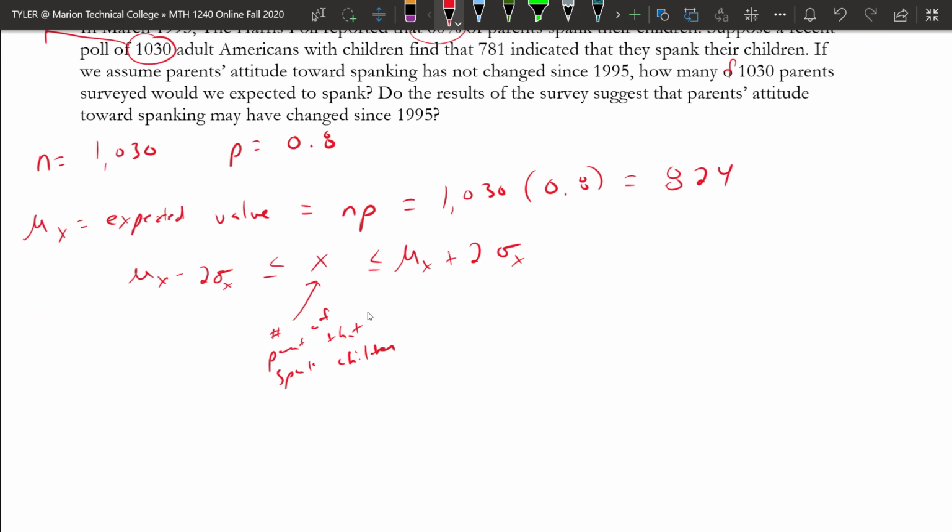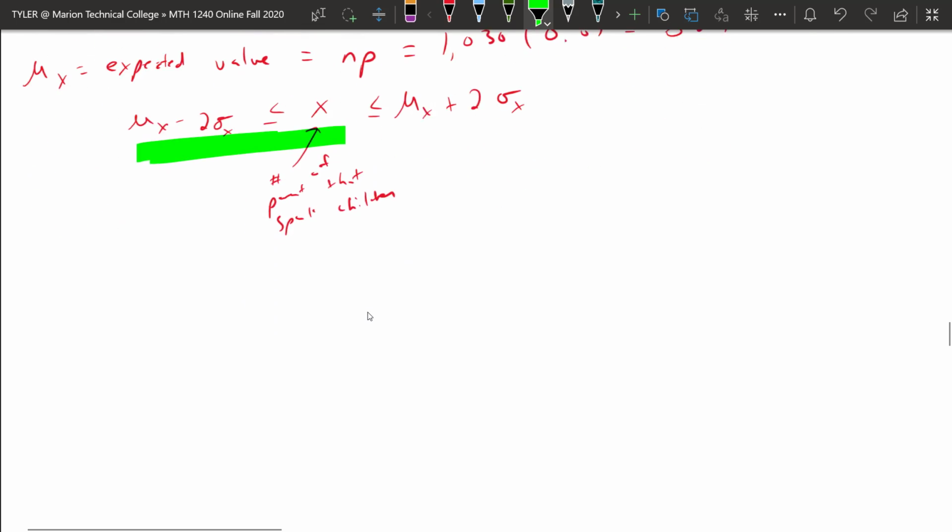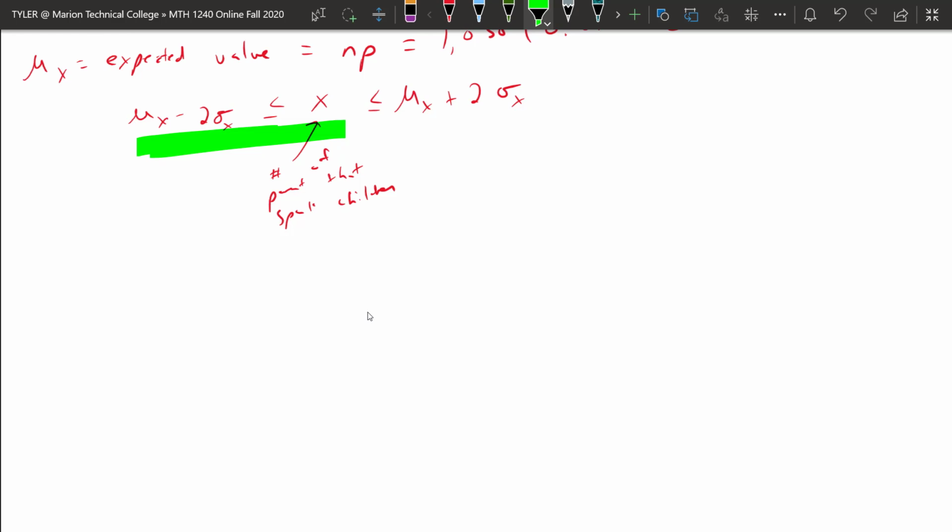So what we're given though is that in the survey that we did, 781 indicated that they spanked their children. So 781 is less than the mean. So it's going to be somewhere on this part. It's not going to be bigger than the mean. So in other words, if we draw a picture,